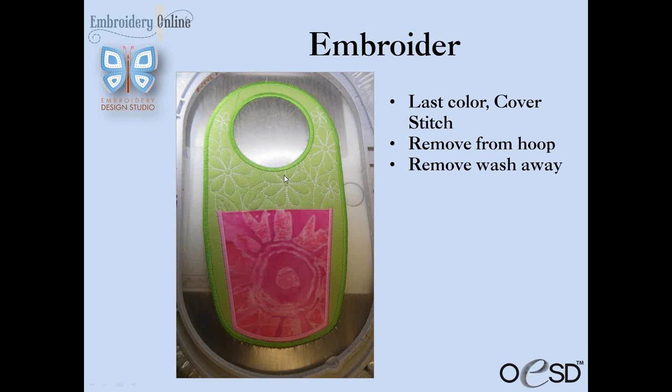Put the hoop back on the embroidery machine, and you'll stitch your last color, which is the cover stitch. Now be sure that your bottom thread, bobbin thread, matches this color. So if you did not change your bobbin thread earlier, then you want to do that before you stitch out this last color. Once you're done, you can remove your hoop from the machine and then remove your stabilizer from the hoop